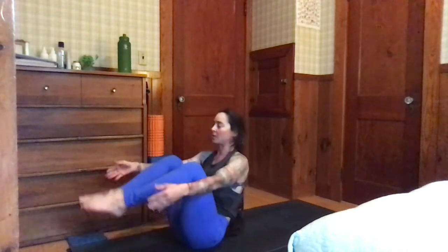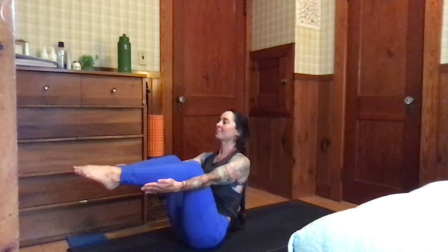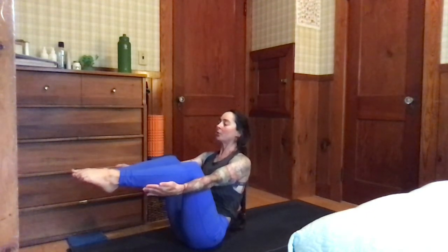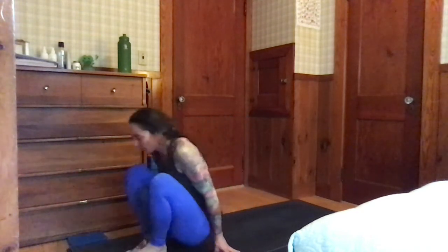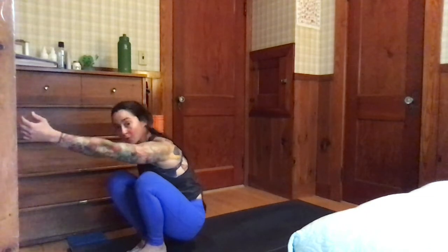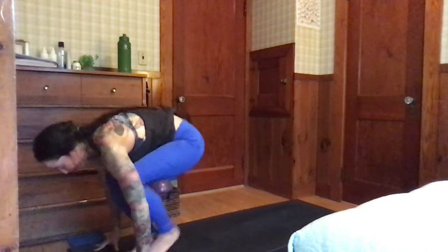Sit and lift your feet. 5, 4, chest up, chest wide, shoulders back. 3, 2, 1. Pull your heels towards you, press your hands down, lean forward, and now take one arm out front of you. Take your other arm out front of you,